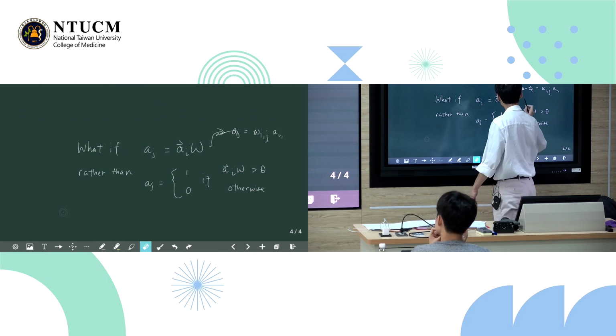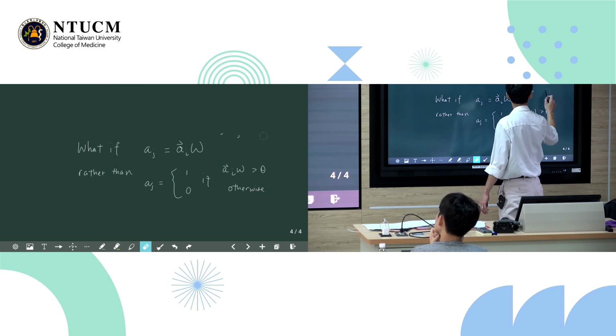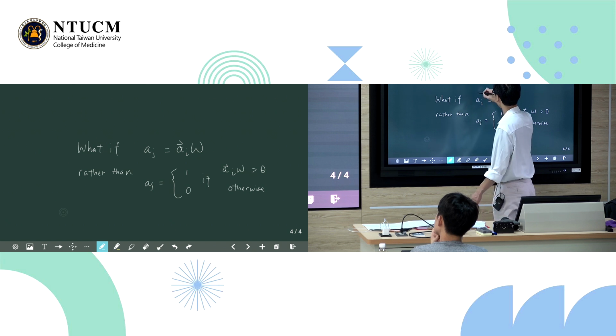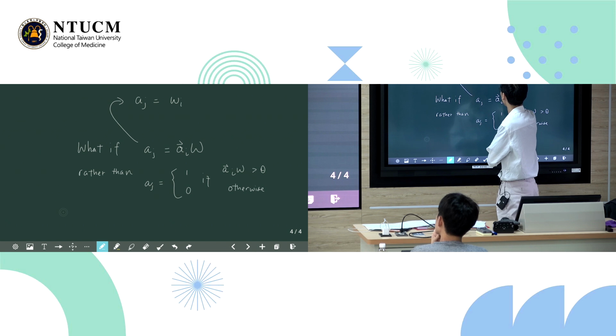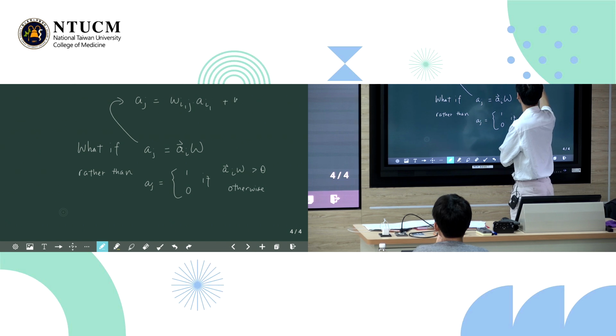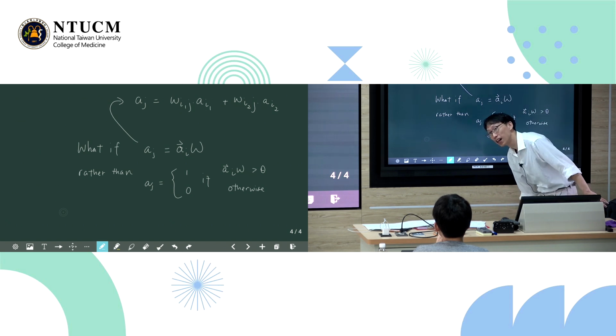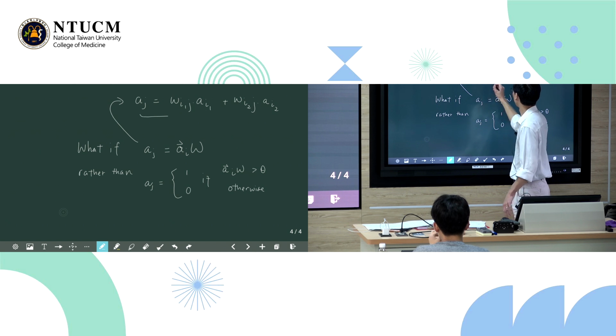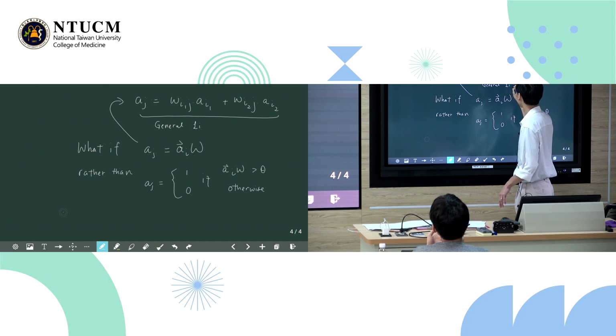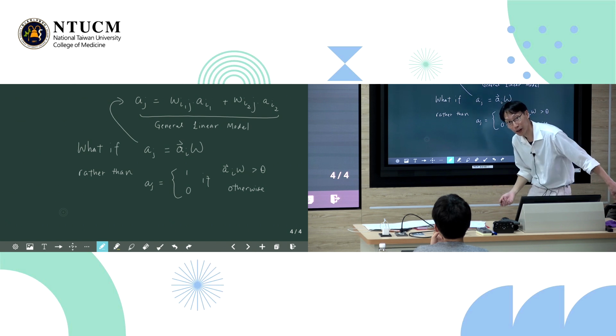Need more space. Let me write it. Because in this form, you will see it very clearly, okay? This is AJ equals to, right? Plus, let's say we have just 2 units, but it's fine, you will see it in just 2 units. Does this remind you of any form? Isn't it? It's just a GLM. It's just a regression.